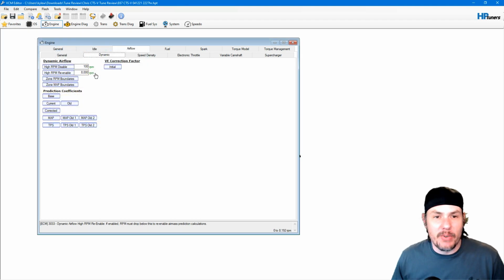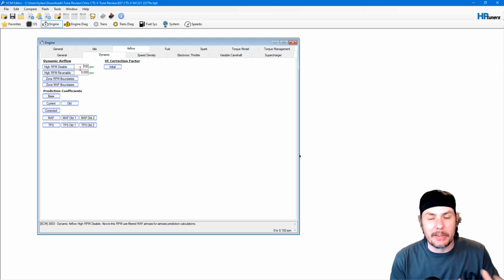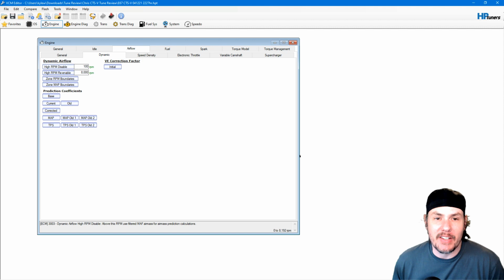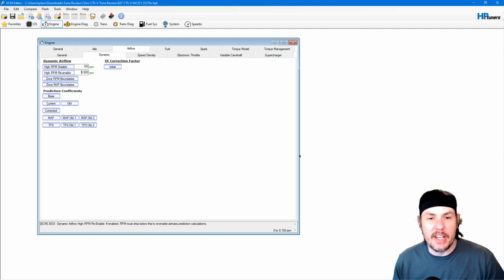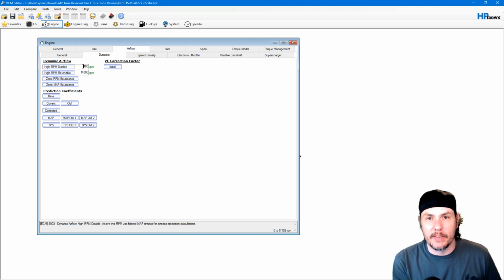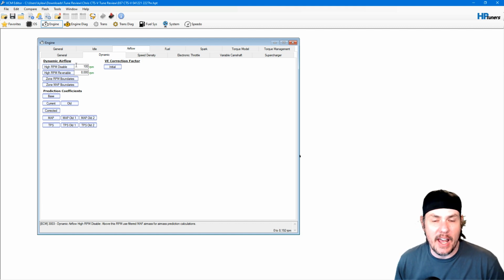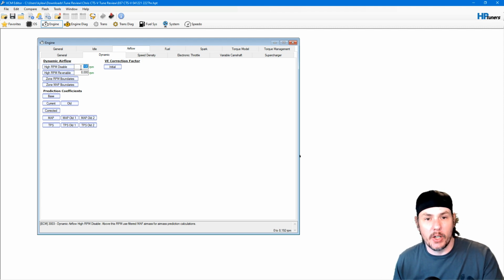Now, back to the original issue, though, we've got two numbers in here and they're wrong. And you need to pay attention because based on different year platforms, things like that, you might have a disable and a hysteresis. A lot of them will be disable and re-enable, and effectively what this does is it tells us whenever we want to get out of dynamic airflow mode and go into high speed or mass airflow only mode. And the way this is set up is that we have high RPM disabled at 100, saying that we want to disable dynamic airflow above 100